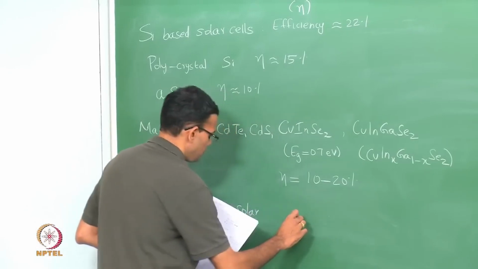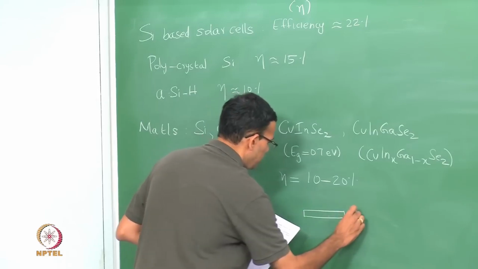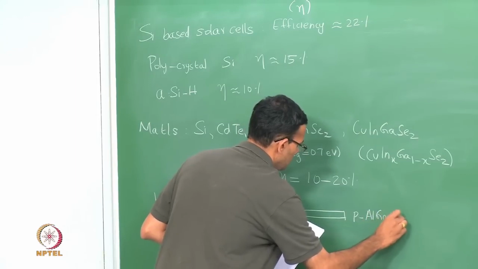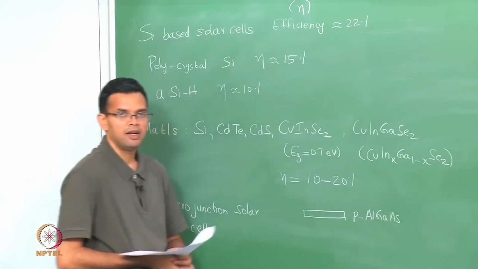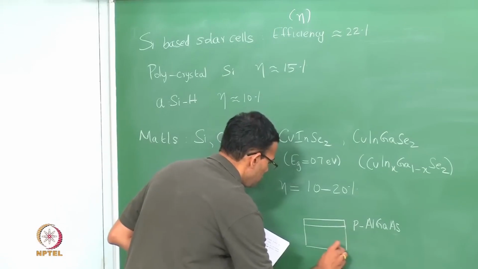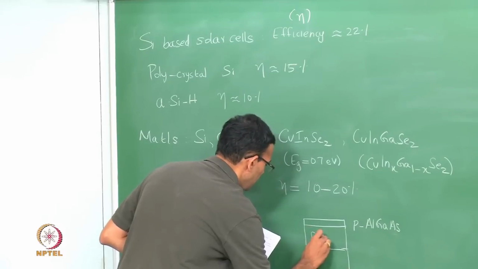For example, consider a heterojunction where you have p aluminum gallium arsenide, which is a thin layer that is deposited on top of p and n